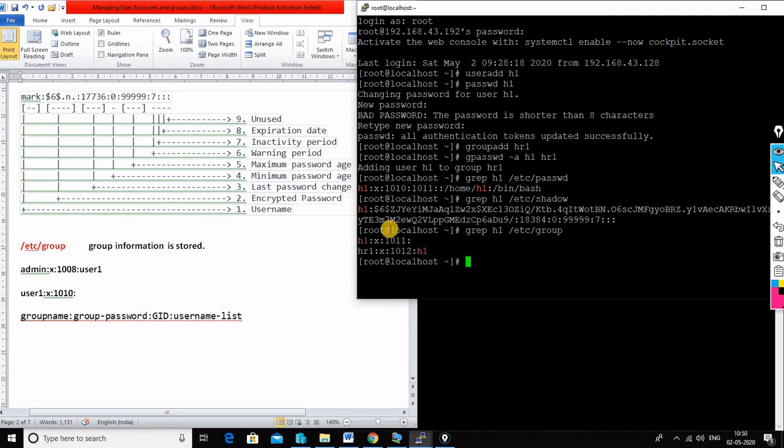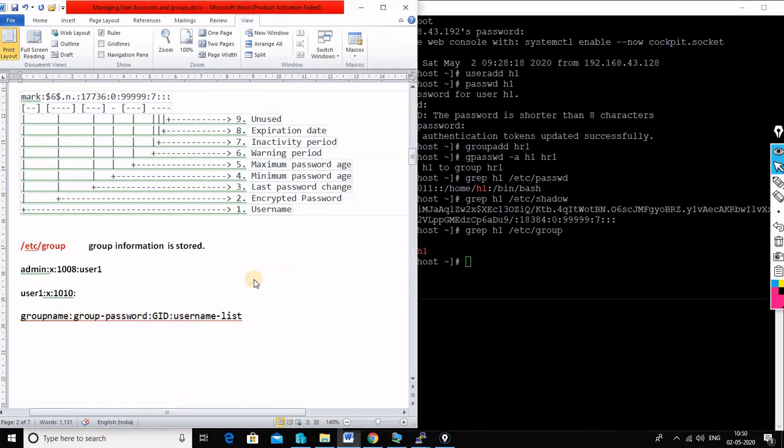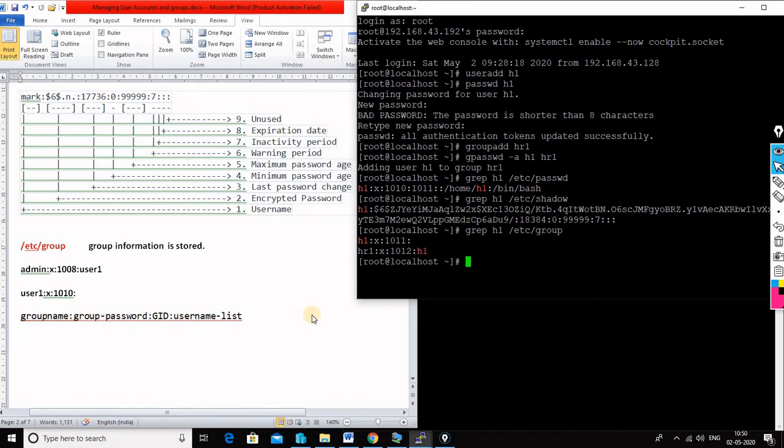We can see one user is created, h1, one group is created with it, and we have created a group called hr1. That's the actual group, and inside the group hr1, one user is a member, that is h1. In the group file you can see the group information. Like this we can have the information of the users and groups stored, and the user is created.